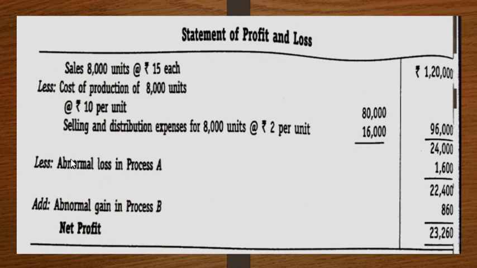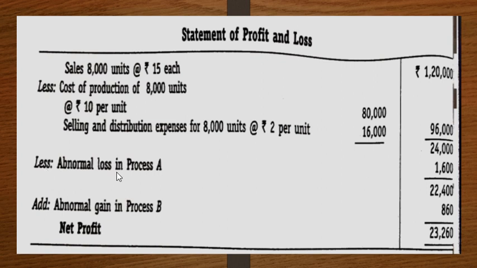In this process, we have got abnormal loss units, and we are finding out the cost per unit. When you find out that cost per unit, the formula states: total cost minus normal loss value, divided by number of units introduced minus normal loss units. So there itself your normal loss units are deducted and then the cost per unit is found out. So the total cost per unit includes the deduction of your normal loss. That is why we are not deducting your normal loss here. So cost per unit is after deduction of normal loss units and value.